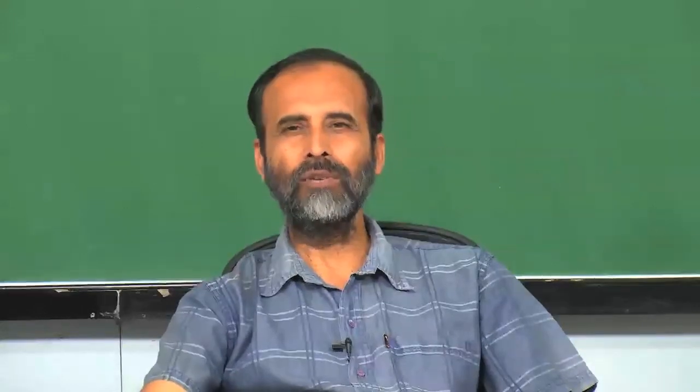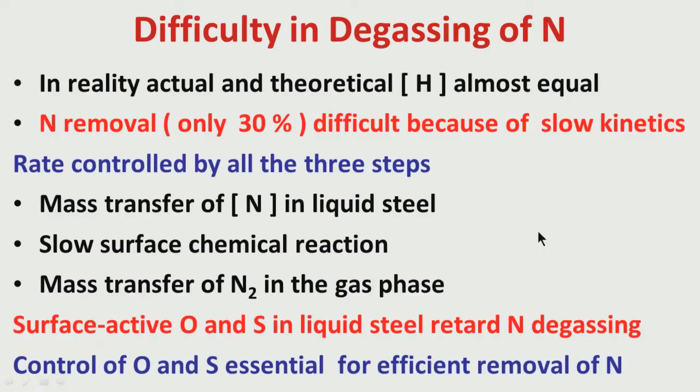I have already discussed this aspect just a few minutes back. When good deoxidation is there, then good desulfurization will be there. When both of these are complete, that means we have very low oxygen and sulfur in liquid steel, then only we should go for degassing, and then we can get a relatively better amount of